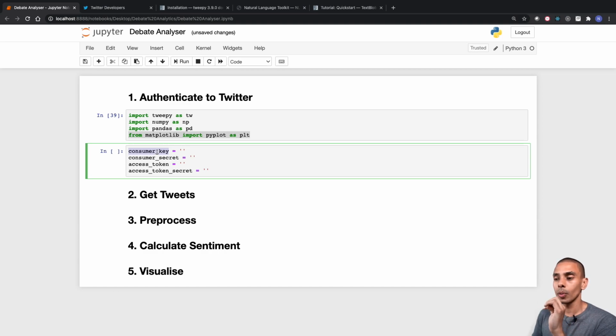So the first variable that we've got is our consumer key, then we've got a consumer secret, so these are going to be available through, again, our Twitter developer account, and then we've also got our access token and our access token secret. So all of these are going to be available through that app that we were taking a